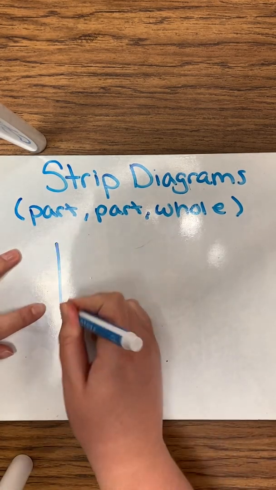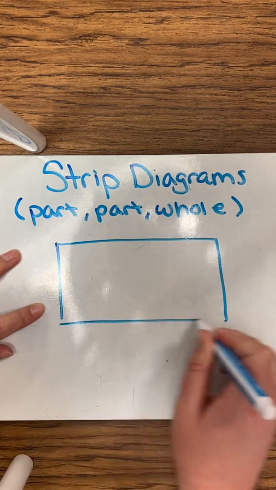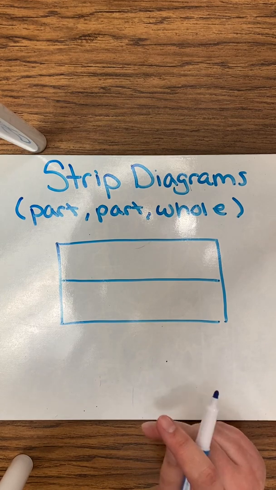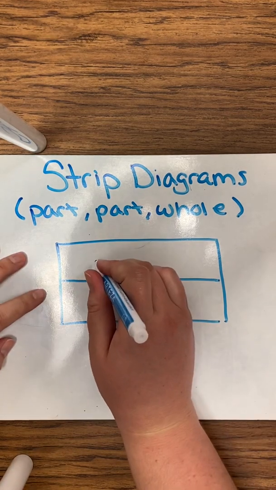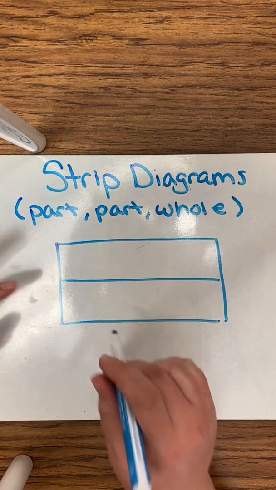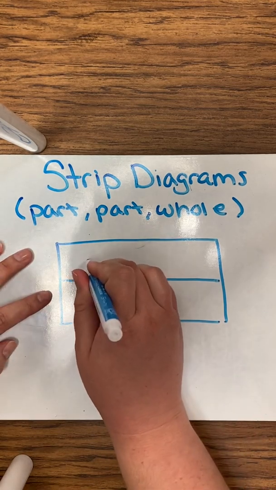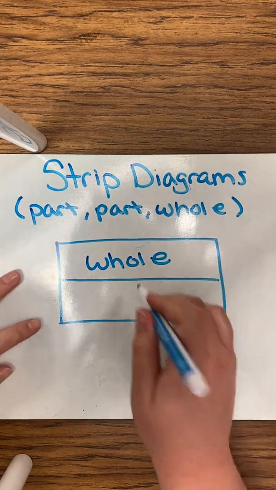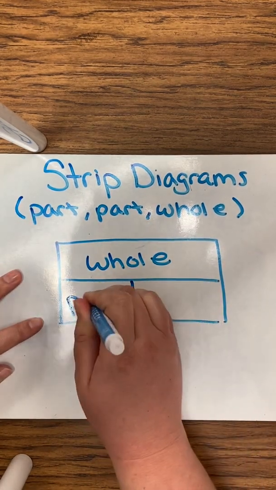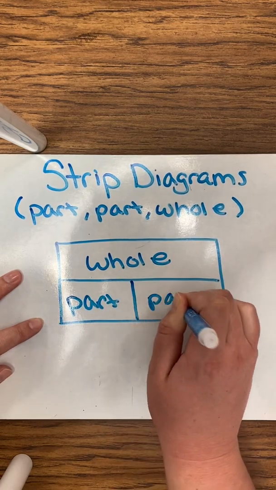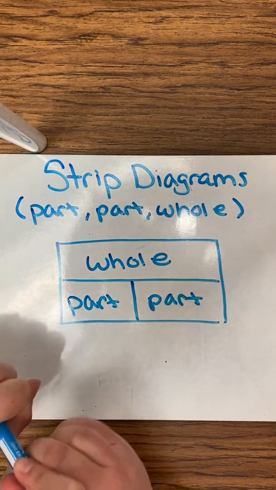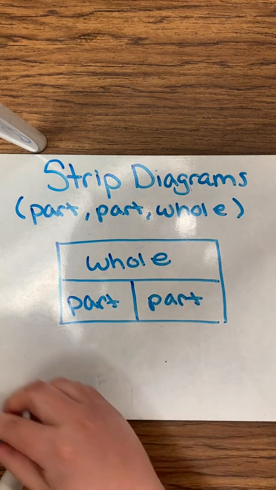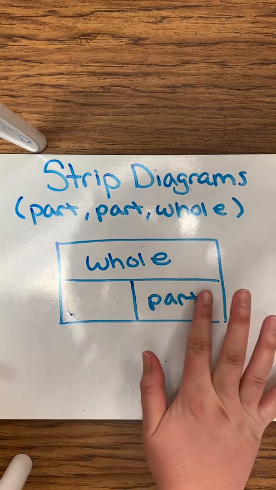So boys and girls, you're going to be seeing a rectangle that is pretty much cut in half like so. Now, sometimes you're going to see problems where the whole is either going to be on the top or the bottom. No matter what, it is really important to understand that our whole means that it's not cut up at all, and then we have parts. So for this particular problem, we would say that two parts make one whole. Or we could have it written in a different way, where there are